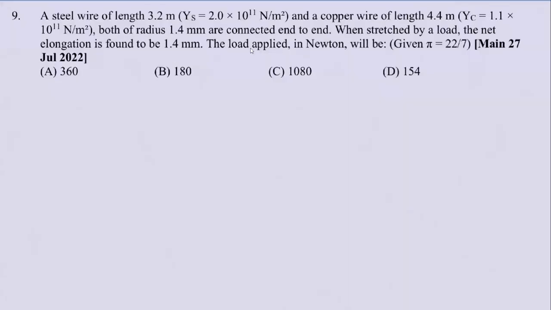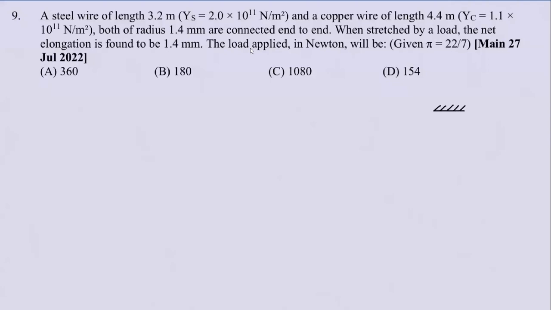Question number 9. A steel wire of length 3.2 meter, Young's modulus is given there. And a copper wire of length 4.4 meter, again Young's modulus is given. Both of radius 1.5 millimeter are connected end to end. So what is this end-to-end connection? What is the key point in this? Observe, we need to understand that we